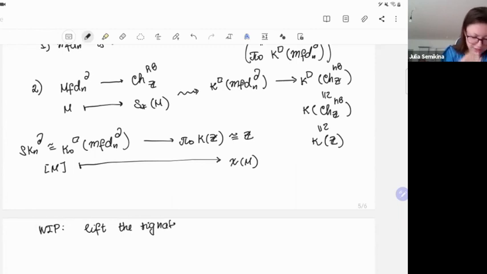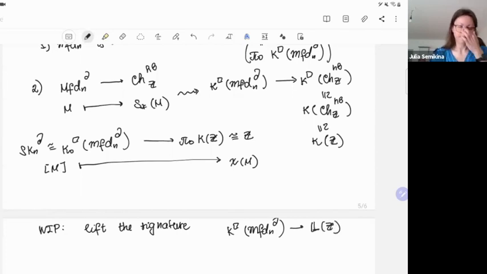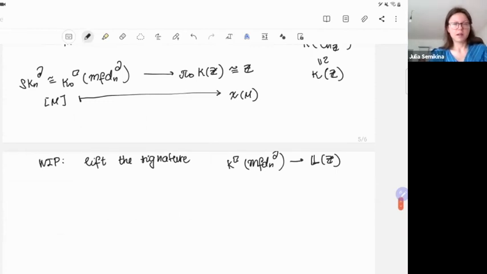So part 2 lifts the Euler characteristic, and we still want to lift the signature as a map from K-square of manifolds to the L-spectrum of Z. And also, if you unravel all those definitions and the construction of this K-theory of manifolds, then it looks very much like